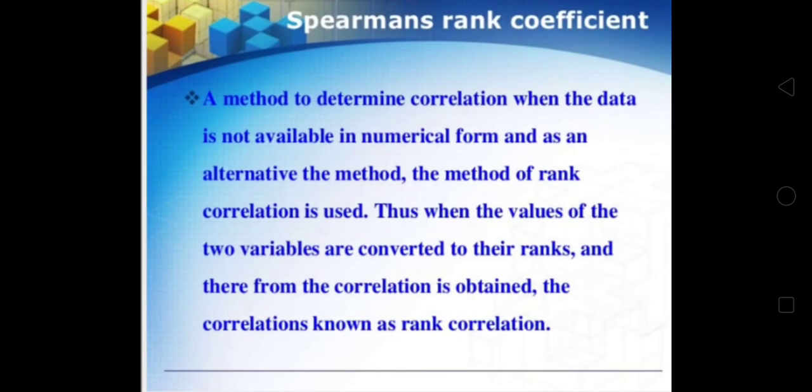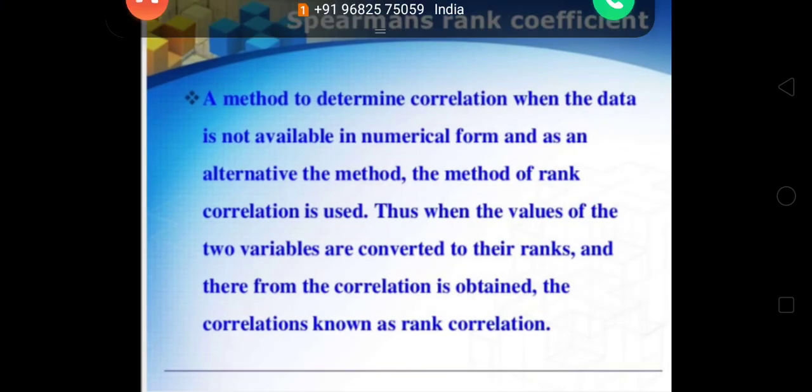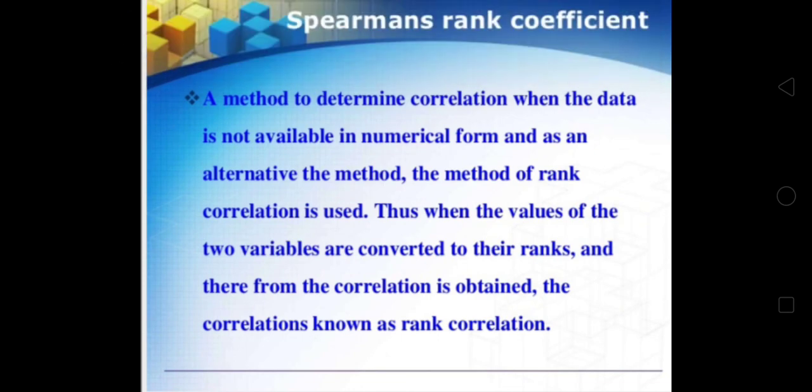A method to determine correlation when the data is not available in numerical form: as an alternative method, the method of rank correlation is used. Thus, when the values of the two variables